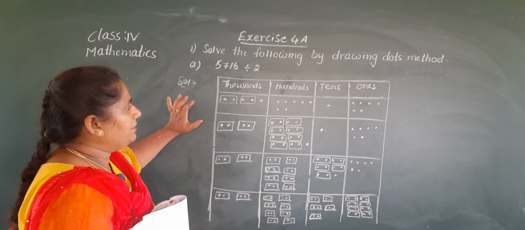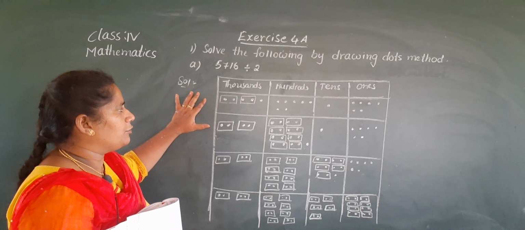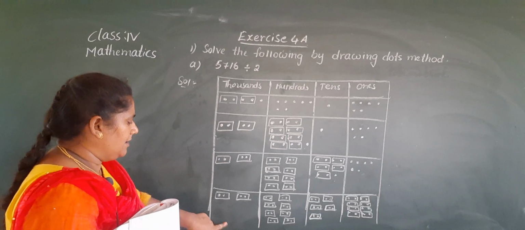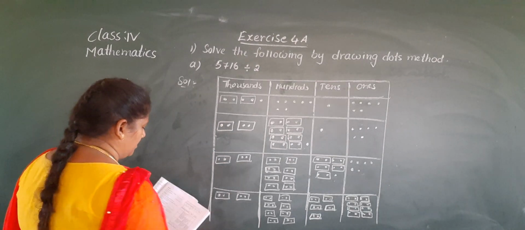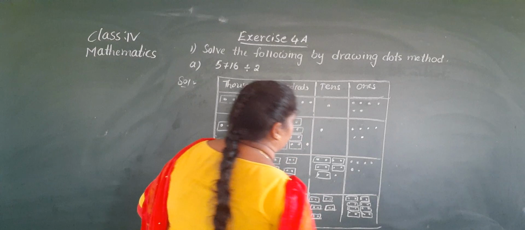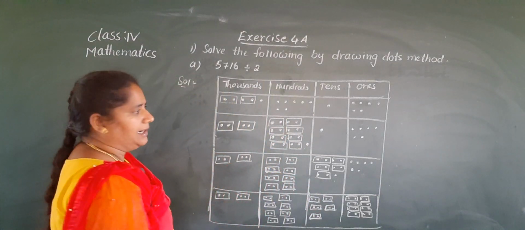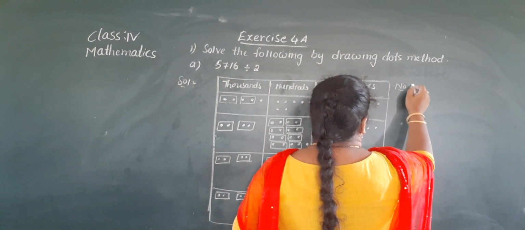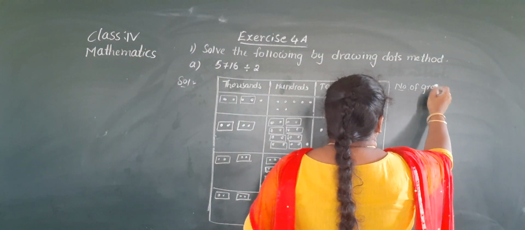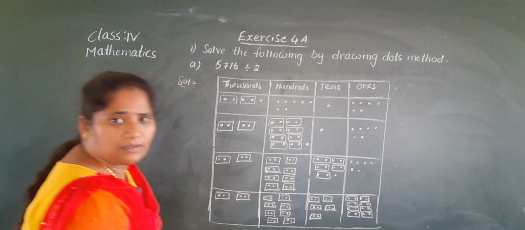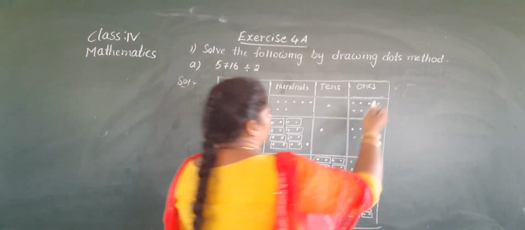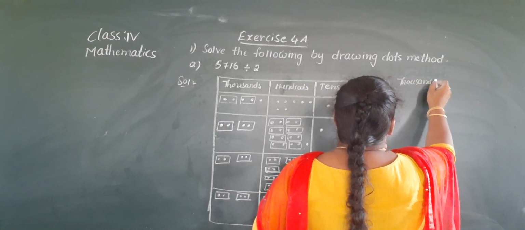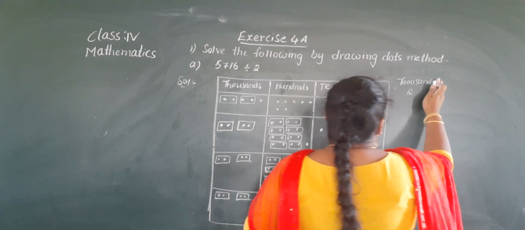Now you have to look at the groups. Count the groups in the places. In the thousands place, how many groups formed, Nana? Yes, write down that. Now we write the number of groups. So the space is not there here, so I will write side, Nana. Thousands. So number of groups. Or otherwise here down itself you can count the space, Nana. So write down. Thousands, how many, Nana? Thousands, 2.